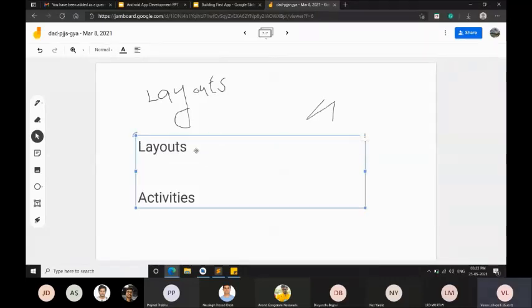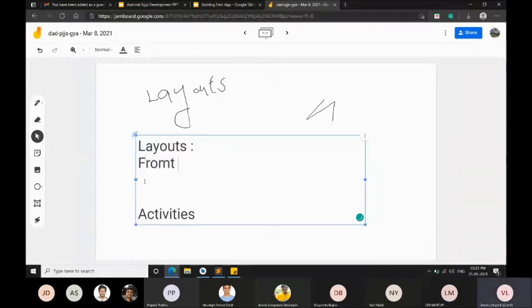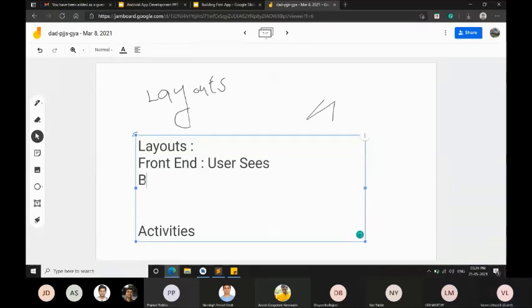These layouts are the front end, like whatever the user sees, buttons, or labels. Whatever the user sees on the screen will be written using these layouts.